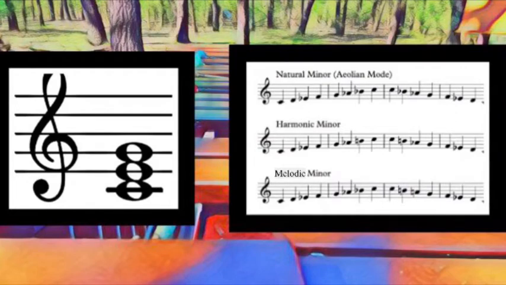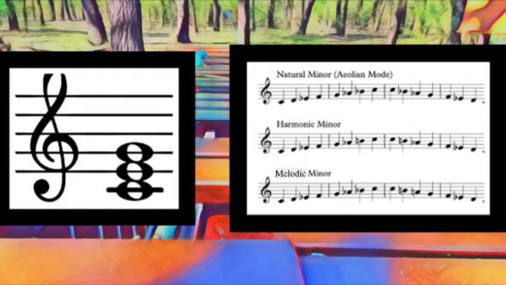It is the snowman that you're creating, so it's your 1st, your 3rd, and your 5th. So if you think C, D, E, that's a 3rd. If you think C, D, E, F, G, that is a 5th, and that's how you create a triad. Now the natural minor scale, if you're looking right here, you can